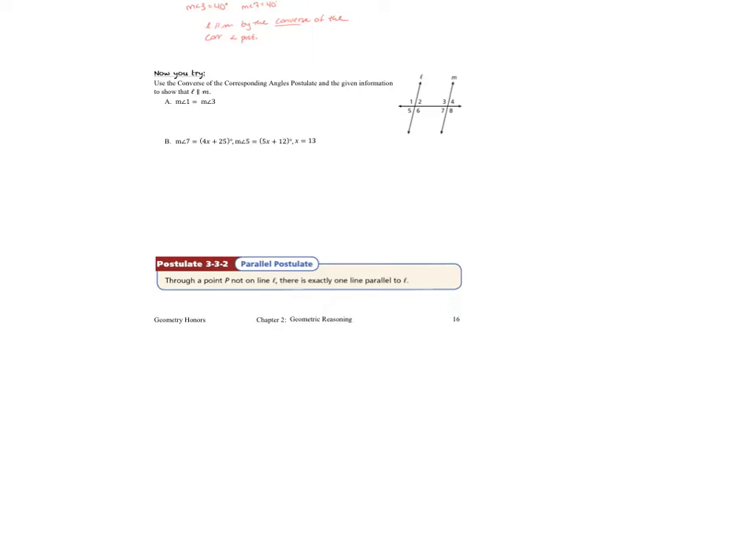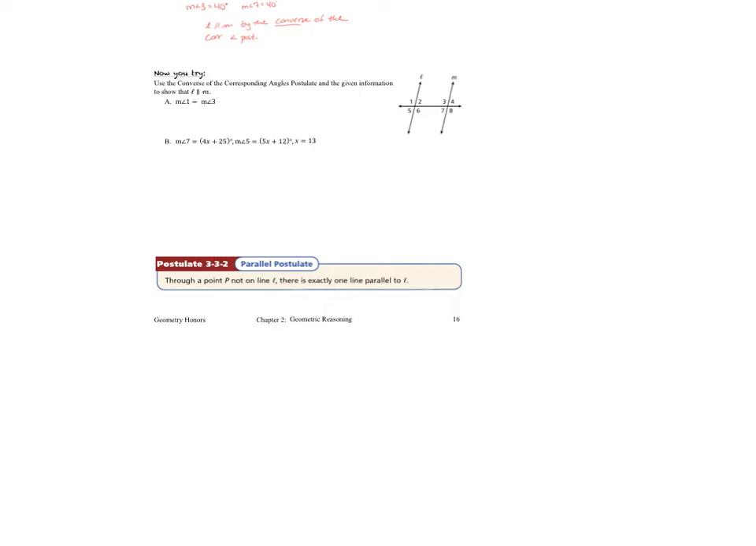Okay, so measure of angle 1 is equal to measure of angle 3. Well, since they are equal, they have the same measure. Measure of angle 1 is congruent to measure of angle 3. And so therefore, line L is parallel to line M by the converse of the corresponding angle postulate. Okay, next one, measure of angle 7